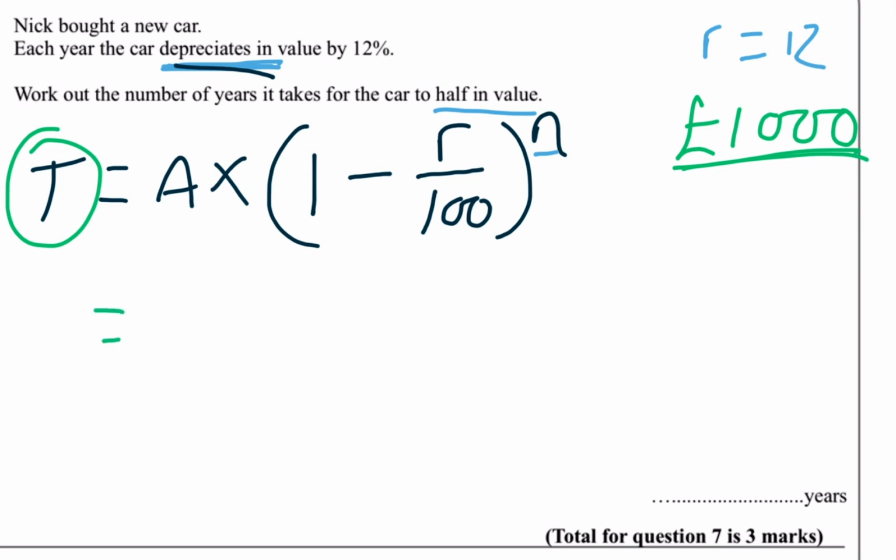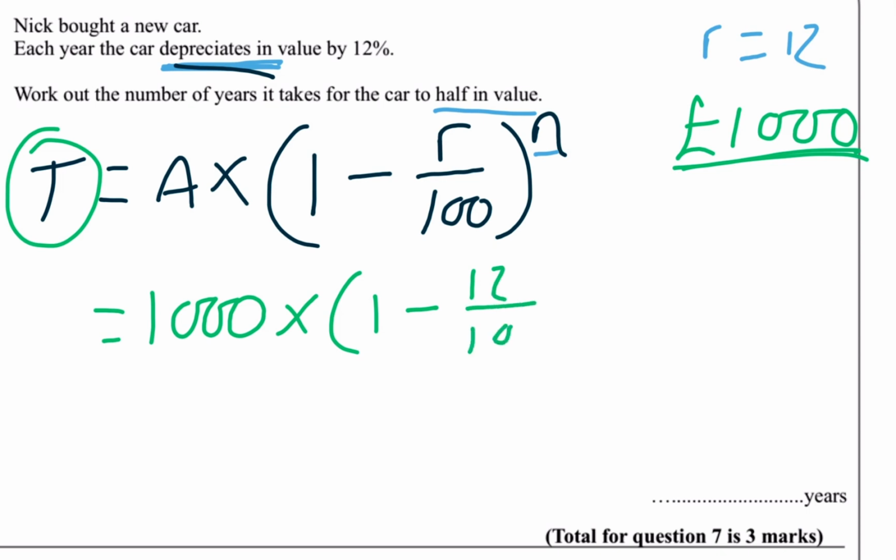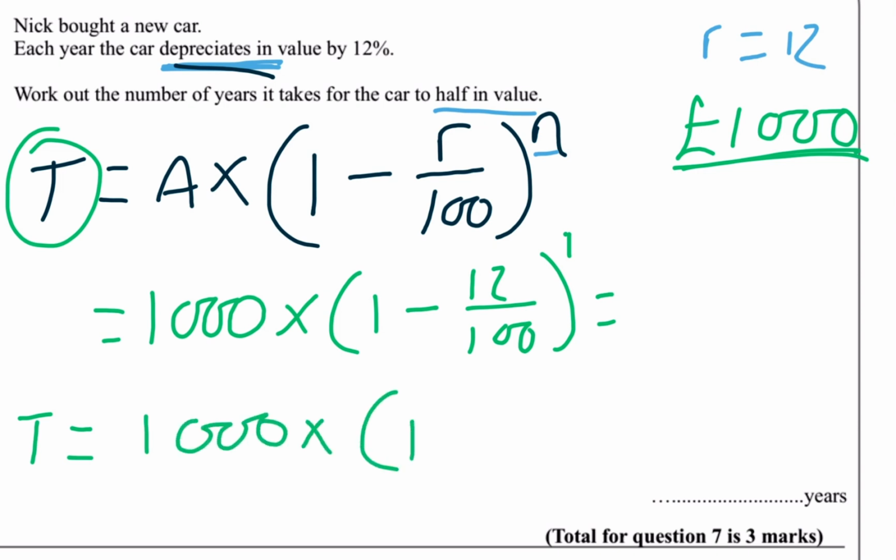So what you're going to do for me is start with £1,000 multiplied by 1, and don't forget it's minus because it depreciates, 12 over 100, close bracket, to the power of 1 year. So get an answer and see whether the value is £500 or less. If it's not, guess what you now need to do? You need to redo it again. So you're going to do 1,000 multiplied by 1 minus 12 over 100, but this time you're going to try 2 years. If that's not the case, then you try 3 years, and then 4 years,